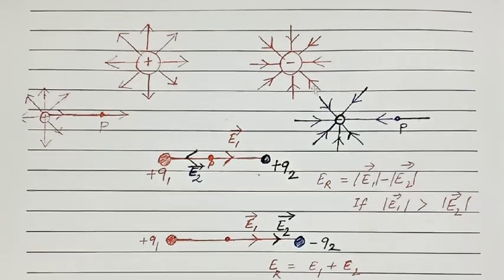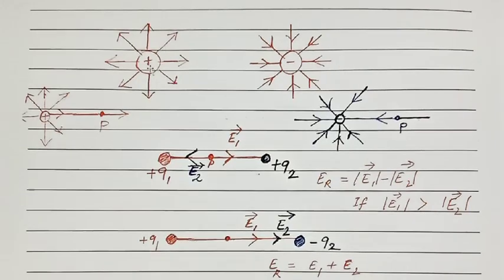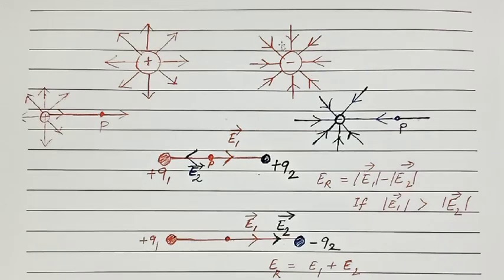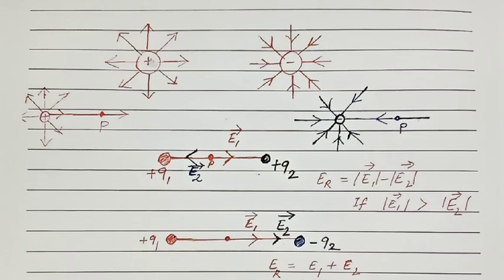In these diagrams, we are trying to draw electric field lines around an isolated positive charge. This is the diagram for positive charge. You can see field lines are radially outward, moving from charge to infinity. And this is the diagram for negative charge, with radially inward electric field lines. So field lines are moving from infinity to that charge. It is very clear that either field lines are moving from charge to infinity or from infinity to charge.